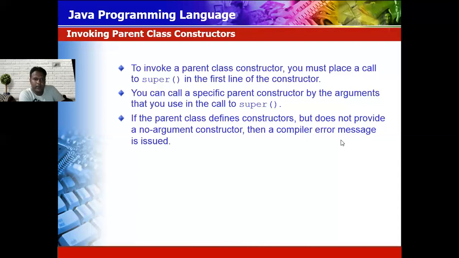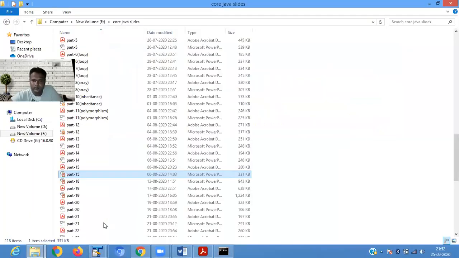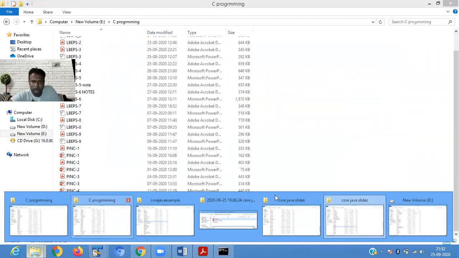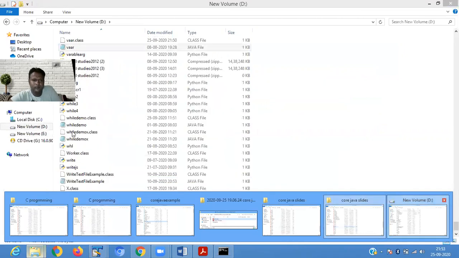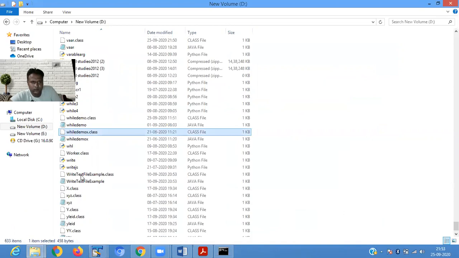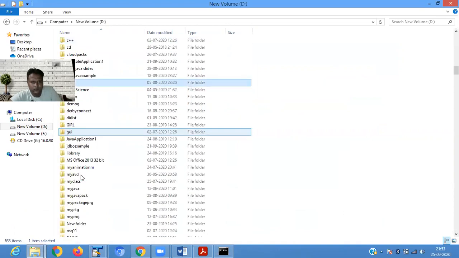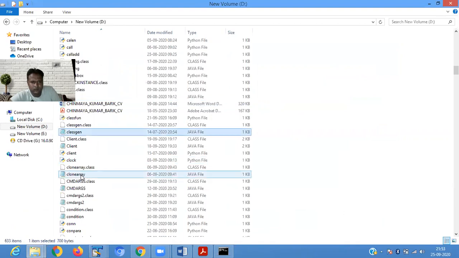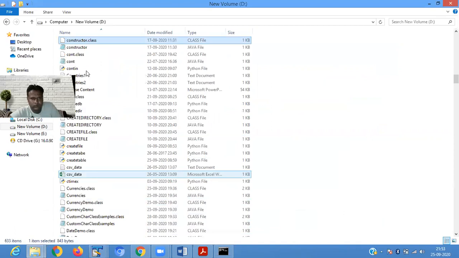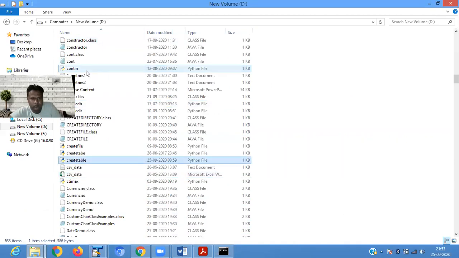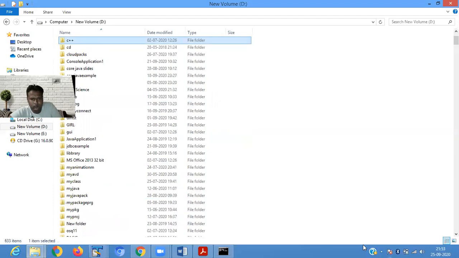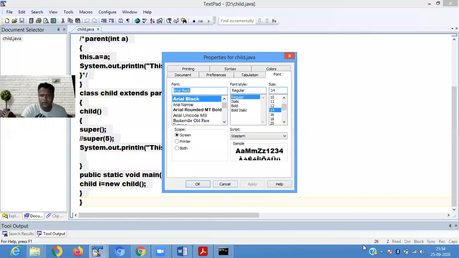So let's go for an example. Let's see this example.